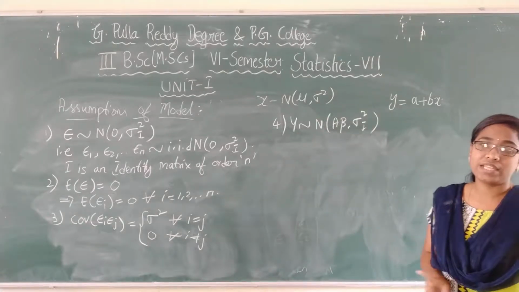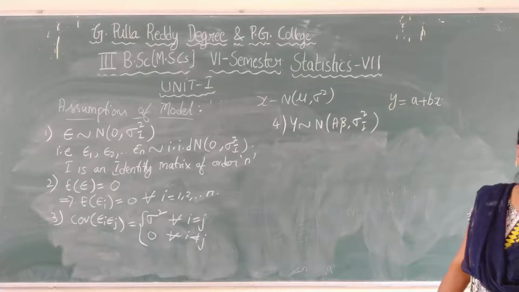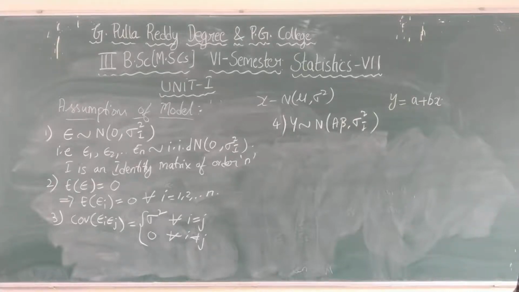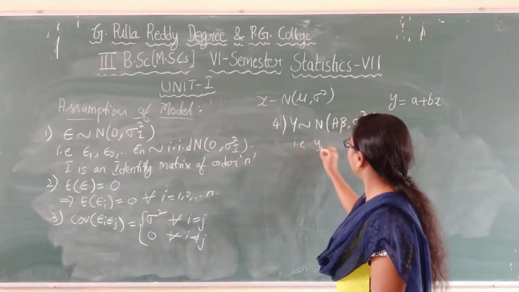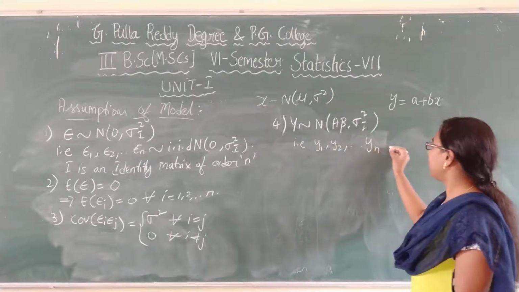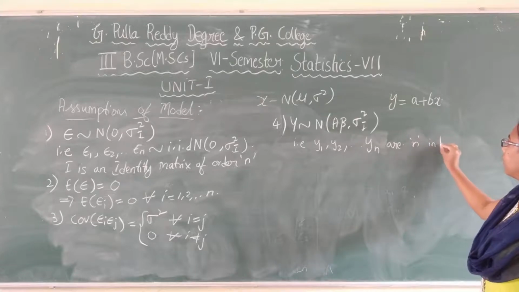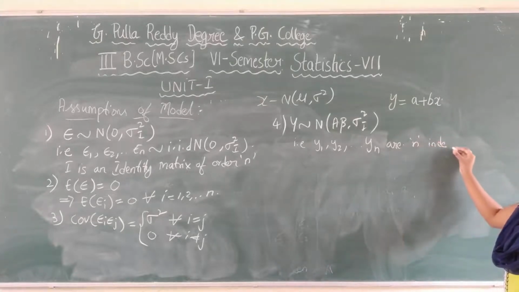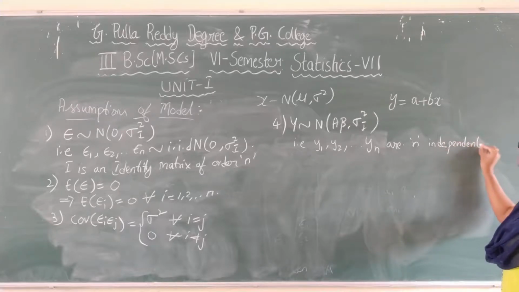Y is the set of n independent random variables, that is y1, y2, so on yn. So y1, y2, so on yn are n independent normal variables